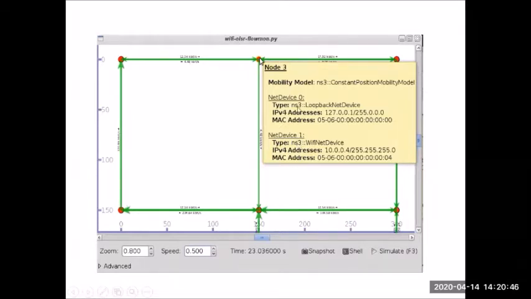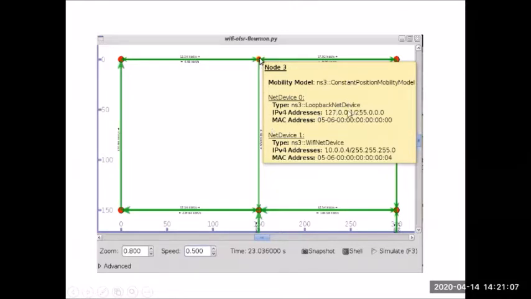We can also see something like this. Can you see the details written? This is node 3. This red dot represents node 3, and corresponding to node 3, how many network interface cards does it have? It has net device 0 and net device 1. Two network interface cards are present inside this node 3.